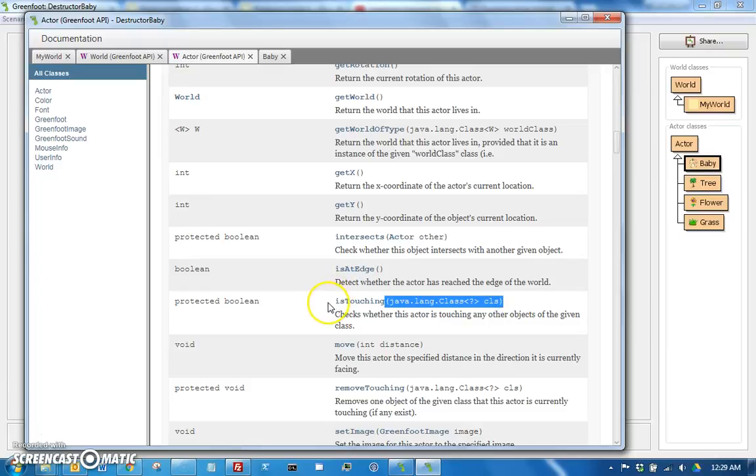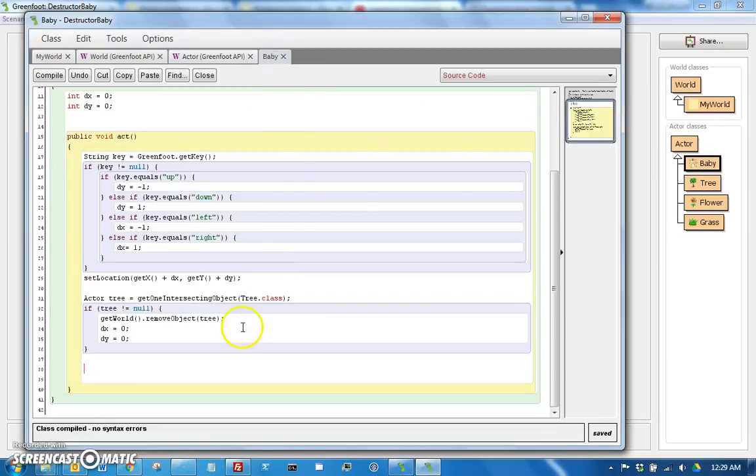And this is useful if you just want to know if you're touching something, but you don't necessarily want to get a reference to it. So it just returns a Boolean. That means it's either true or false. You're either touching or you're not touching this type of object, and you don't care how many you're touching or which one you're touching. So you can just say if isTouching,